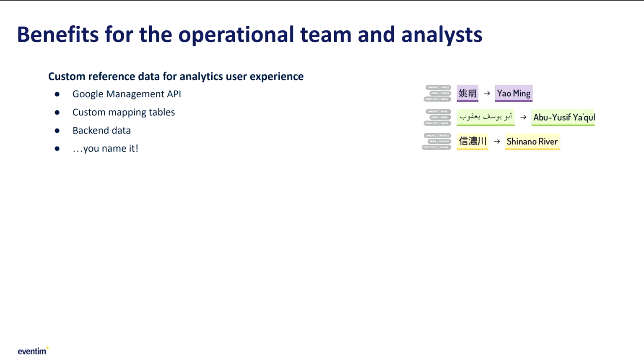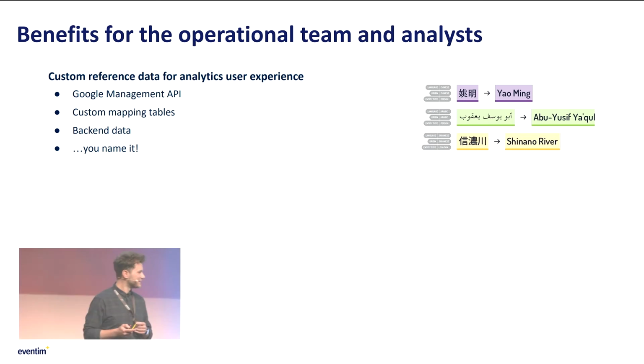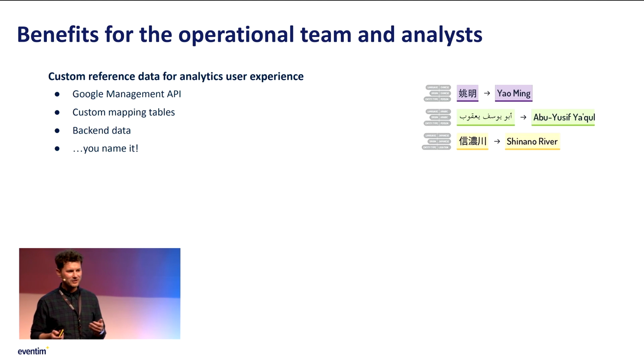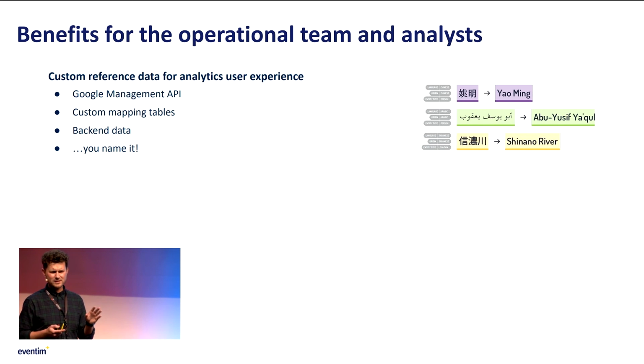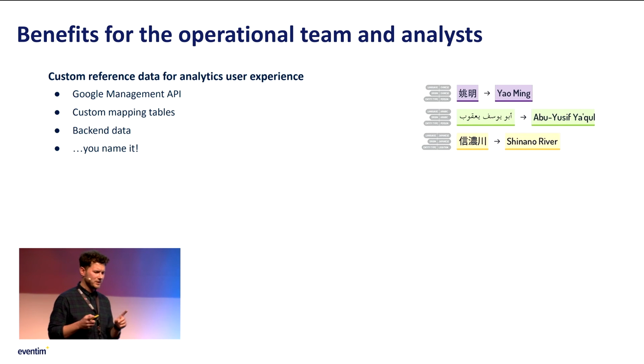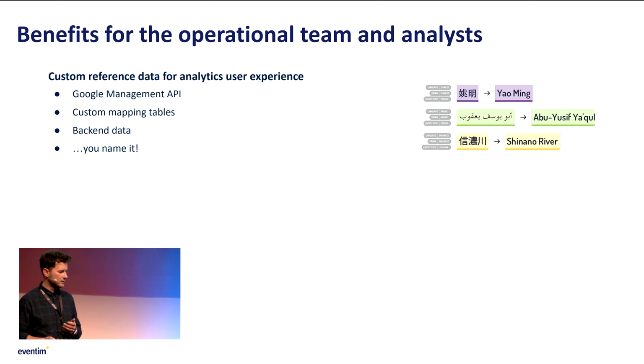Benefits, just very briefly because I'm running out of time and I already see this, guys. Use additional data. If you have this cool stuff, take a place like BigQuery, Cloud Storage, and so on. You have many different options, so the flexibility is incredibly high. Use the Google Management API to enhance your GA data. Use custom mapping tables if you need to, but take care, because custom mapping can also be a mess. So again, documentation, and think about what needs to be mapped and what not. Use backend data when you rely on web analytics data. Maybe most of you will know this. In the end, whatever data you would like to integrate, do it.